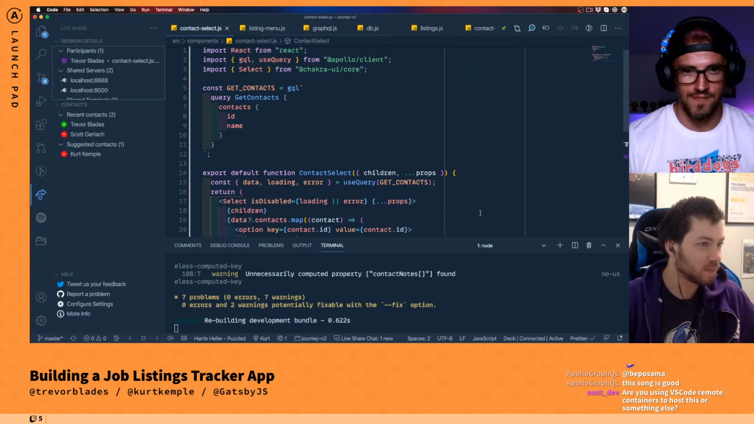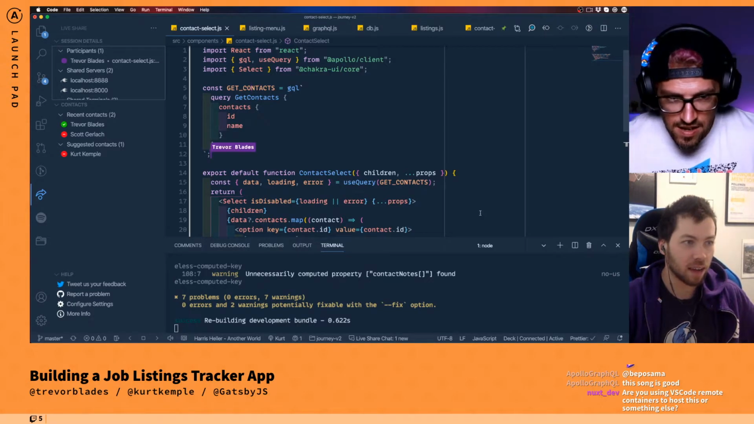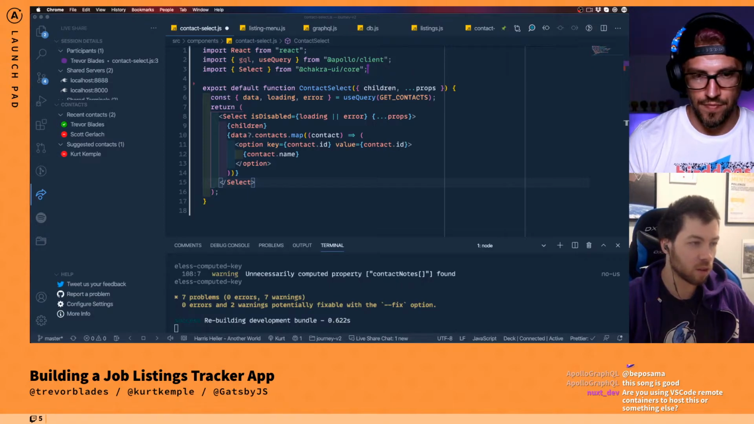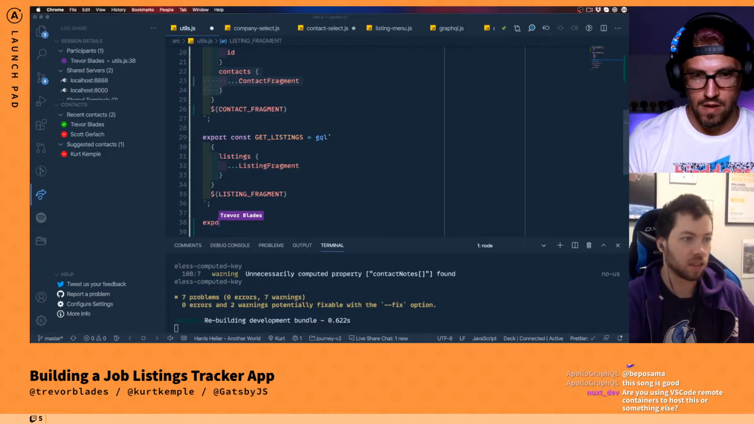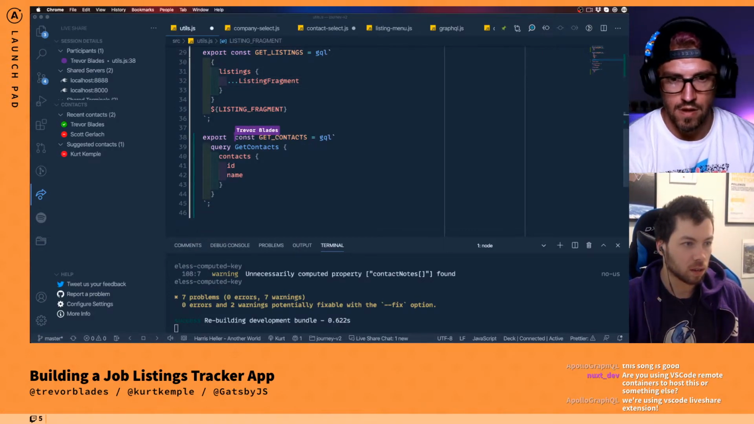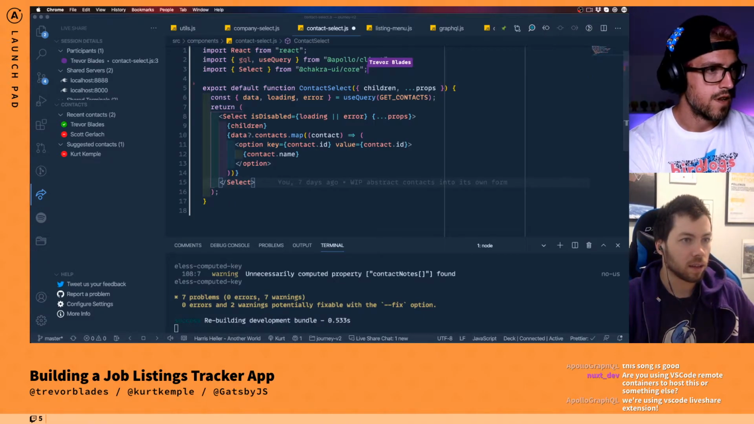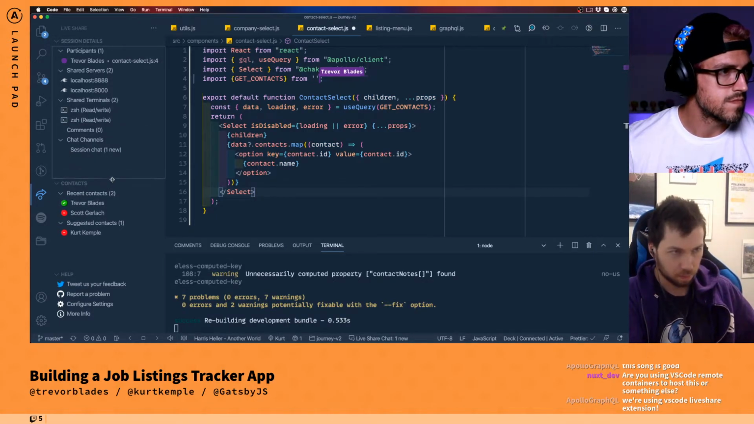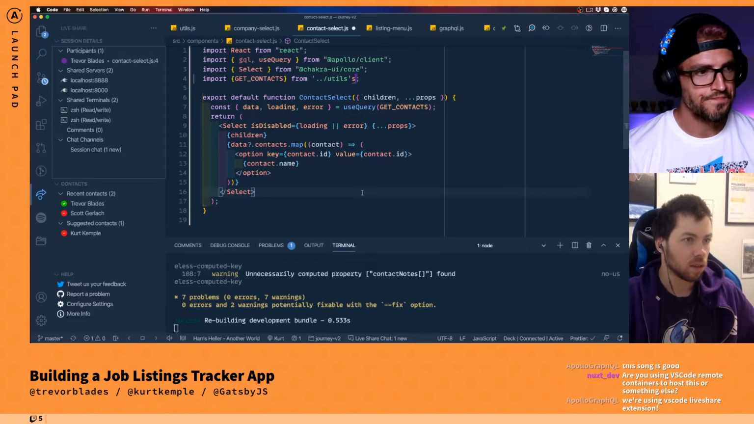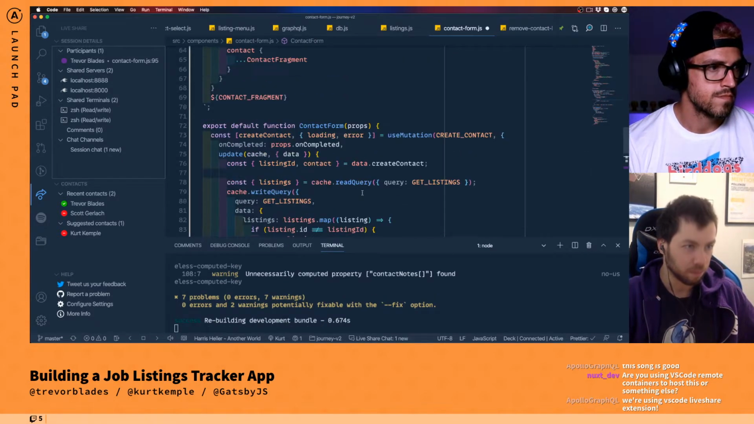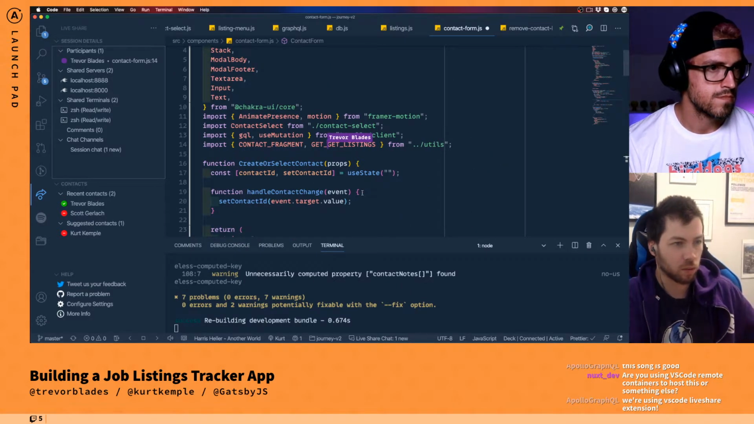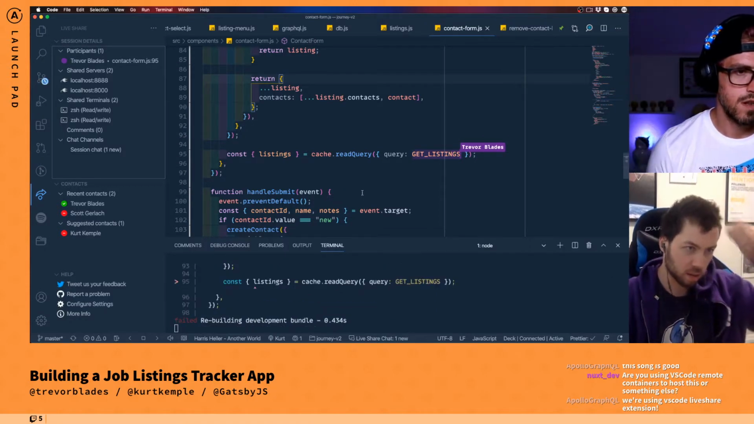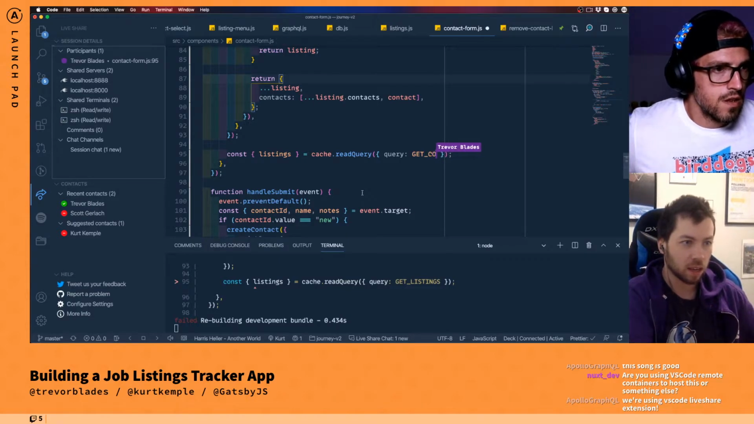Yeah. Cool. So here in contact select, we have this get contacts query. In order for me to use it in the contact form, I'm going to move it to our utils function. You can just say export const get contacts. Okay. And then contact select will import its get contacts query from utils. And then finally, contact form will also import get contacts. Cool. This one's going to be a little bit more straightforward to do here. We can just say get contacts,